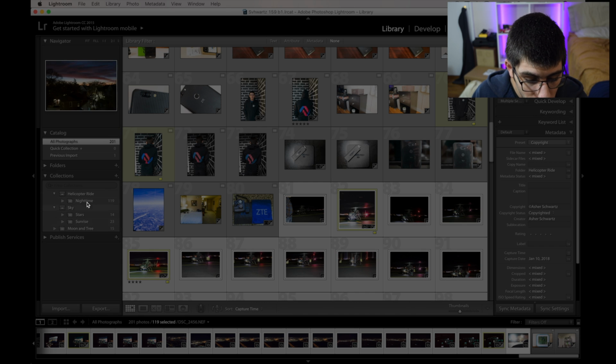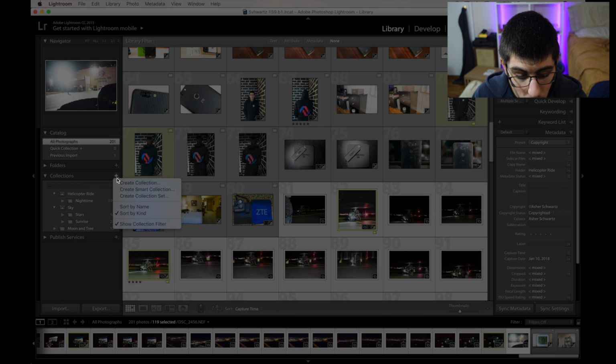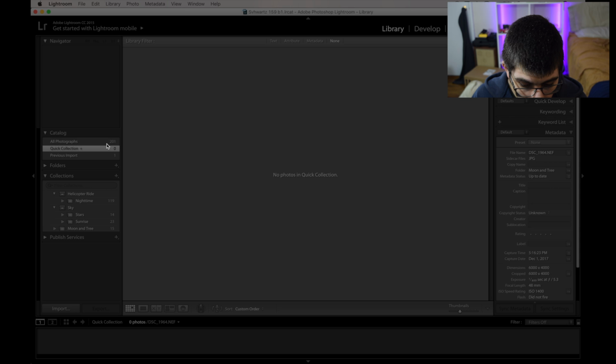Now, I have over here on the side collections. There's an add button on the right side where it says collection. You can create collection, smart collection, or create collection set. Creating a collection is when you click it, you get a collection, which is this. It's just a list, just a collection of photos in a certain category. Now, when you're going to all photographs,